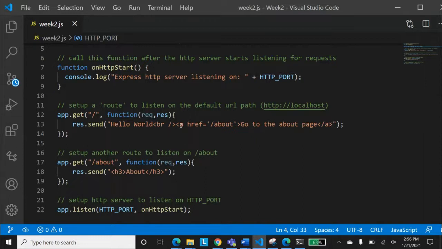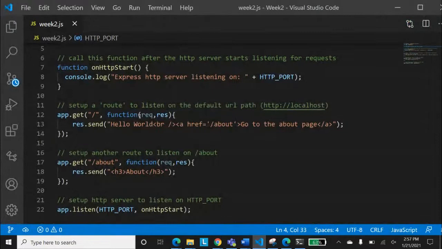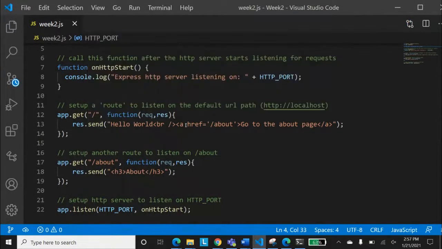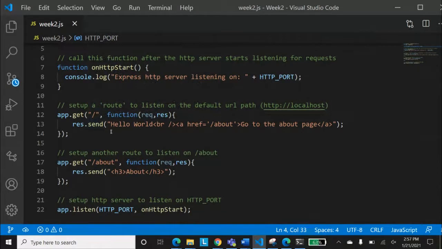So in our output, it is showing hello world and then a new line, and then this all is linked. This is the HTML code that it is running. The server is sending back the response, and that response is simple HTML code that contains some tags, which is what the send method is used for.